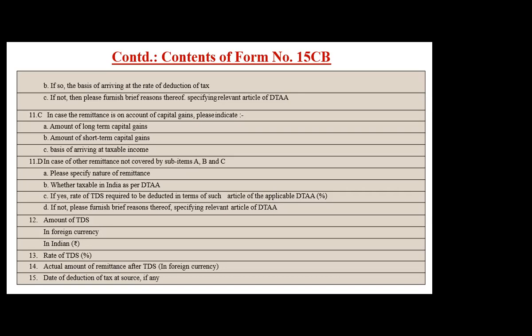Second option is you issue multiple 15 CBs depending on whichever the date of deduction is there. Third, when the invoices pertain to some other year, TDS has been deducted in some other year, then what will be the date of deduction? Date of deduction will be of the previous year. But again, if in that case, there are some invoices which are related to the previous year, some invoices which are related to the current year, you have to issue separate 15 CBs.